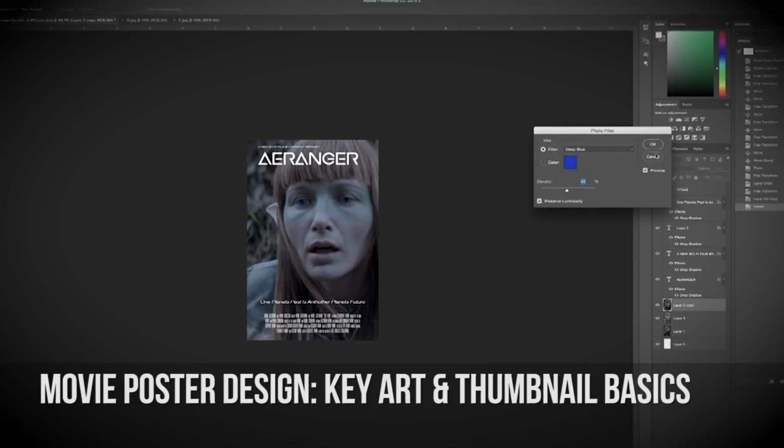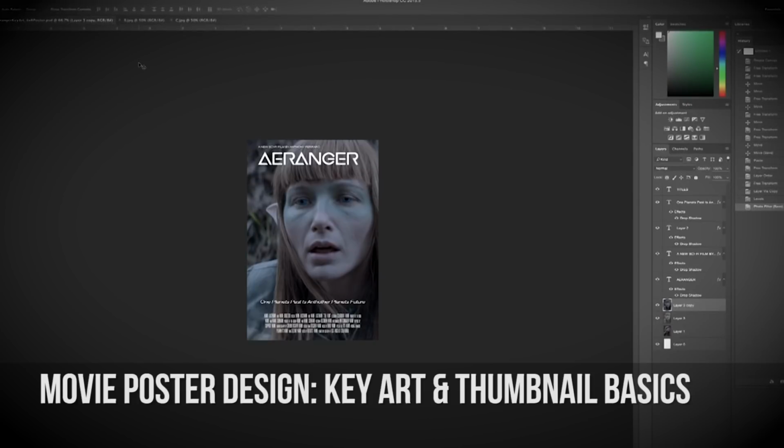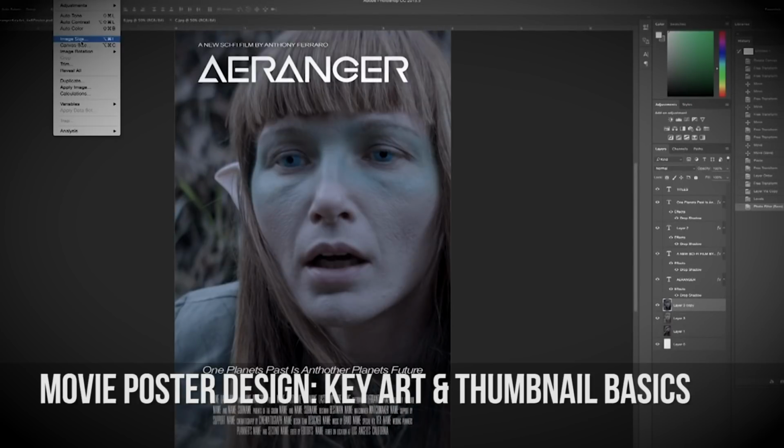And I go over some basics in Photoshop, how you can do your thumbnail and your poster. You kind of want to have a poster that you can do traditional poster size and then landscape thumbnail size. And last in this series is the movie trailer, and for me it's more of a teaser.